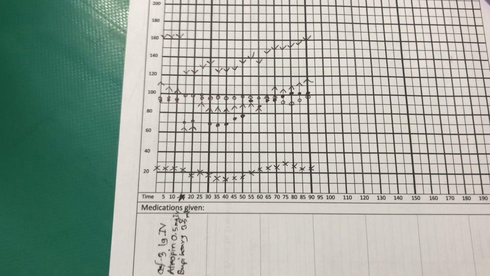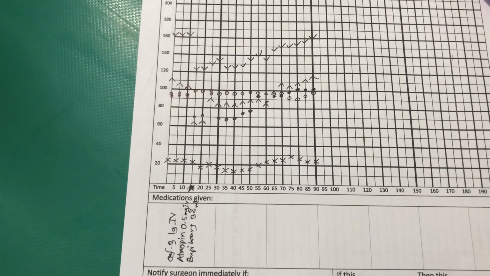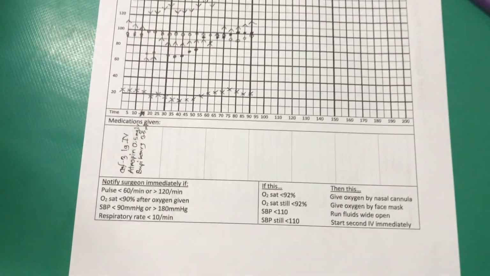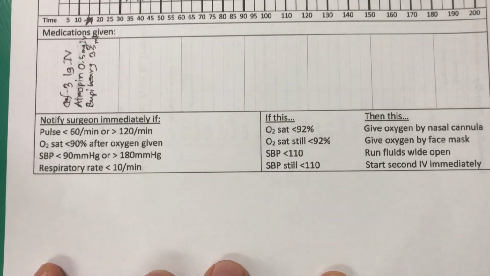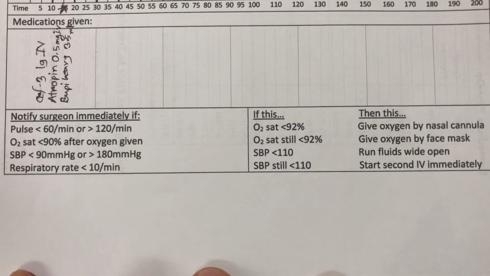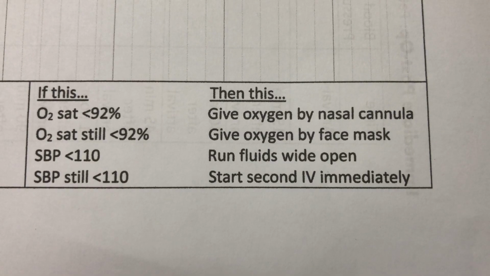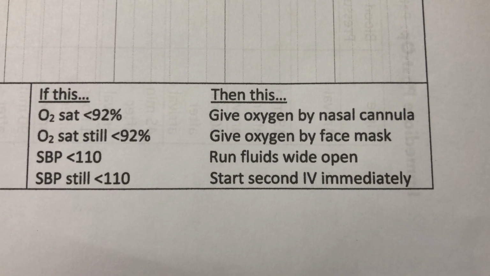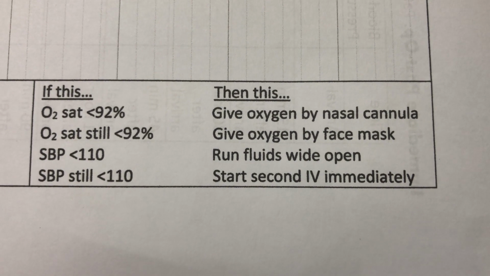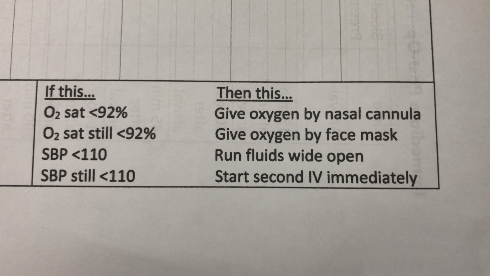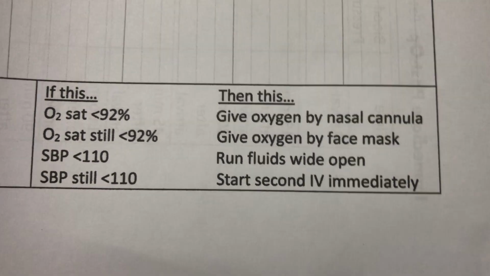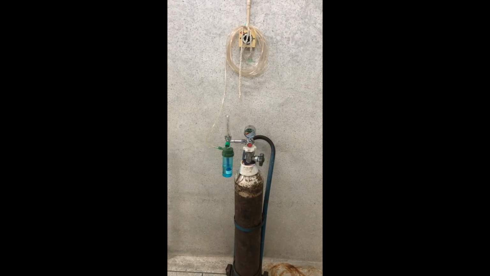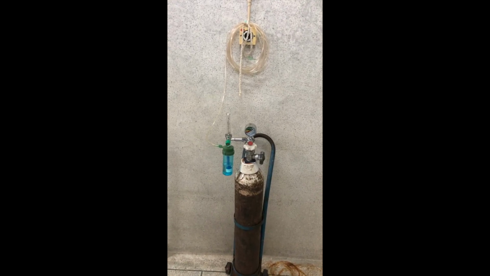It is important to not only write down the patient's vital signs, but also to respond appropriately when there is a problem. Now turn your attention to the 2 boxes at the bottom of the form. These provide guidance on how to respond when the patient has abnormal vital signs. First, the box on the right gives specific instructions on what a nurse or nursing student can do to address an immediate problem. These actions can be taken without notifying the surgeon and can often fix a problem quickly before